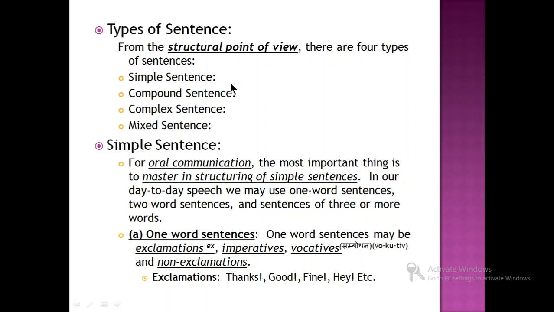सो देयर आर सम ऑफ द डिफरेंट टाइप्स ऑफ सेंटेंसेस एज पर द स्ट्रक्चरल पॉइंट ऑफ व्यू, व्हिच आर सिंपल सेंटेंसेस। इफ आई एम नॉट रॉन्ग, ऑल ऑफ यू मस्ट हैव हर्ड दीज ऑल डिफरेंट काइंड्स ऑफ सेंटेंसेस एज वेल। यदि मैं गलत नहीं हूं, आप सभी ने ये डिफरेंट टाइप्स ऑफ सेंटेंसेस सुने होंगे। सिंपल सेंटेंस, कंपाउंड सेंटेंस, कॉम्प्लेक्स सेंटेंस एंड मिक्स्ड सेंटेंसेस।